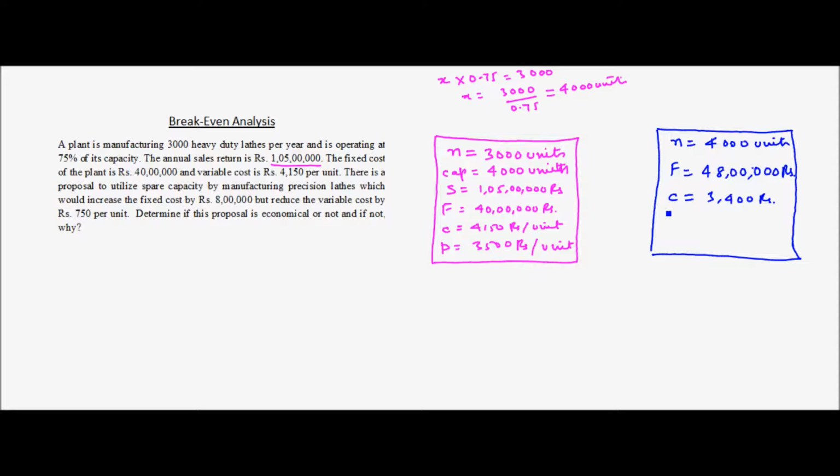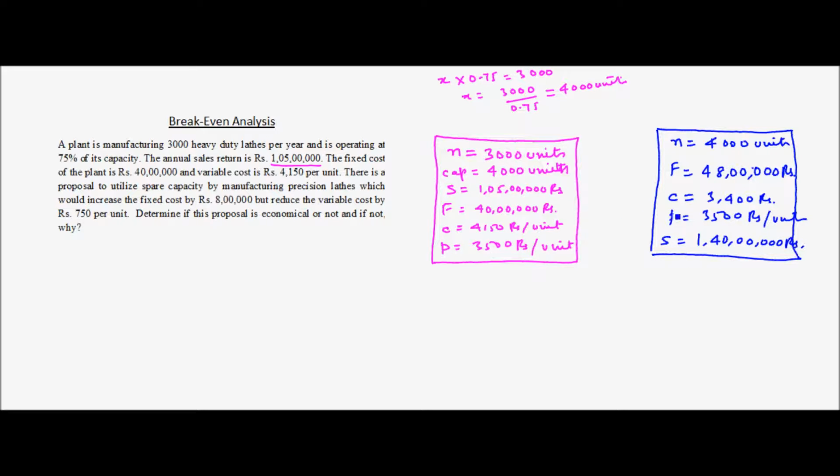So here basically the number of units being produced is 4000 units, and there is no other information about the selling price. So we are assuming that the selling price remains the same, which is 3500 rupees per unit. So the selling price is the same, 3500 rupees per unit, and therefore we can find out the total sales. So sales will be equal to the selling price per unit multiplied by the number of units being produced, which comes out to 1 crore 40 lakh